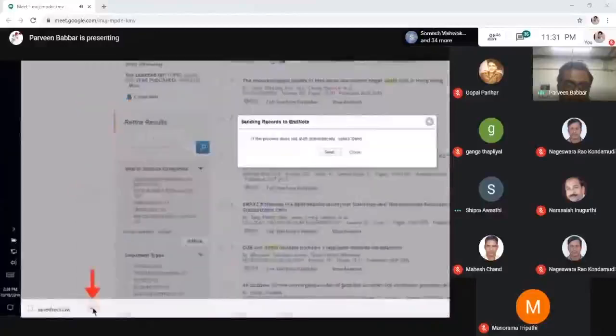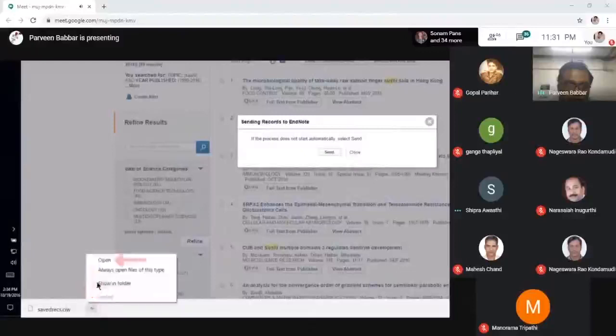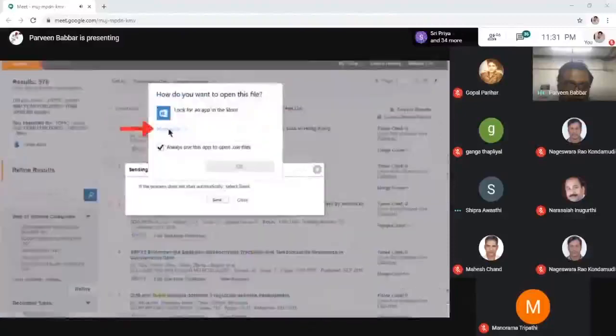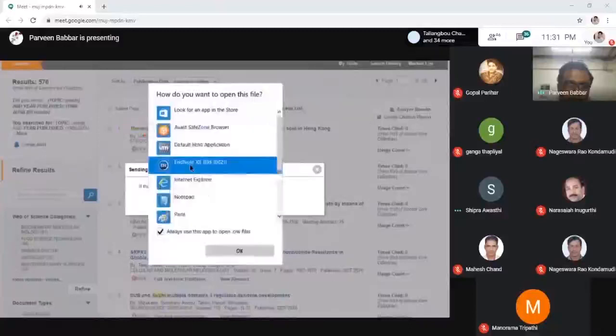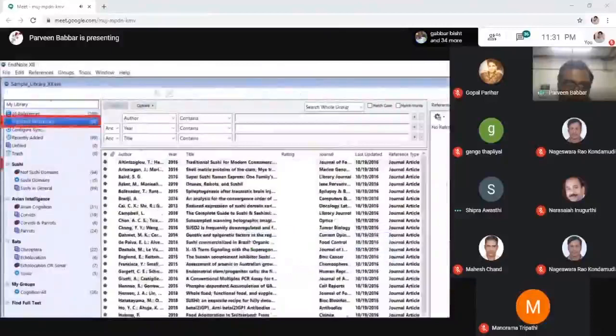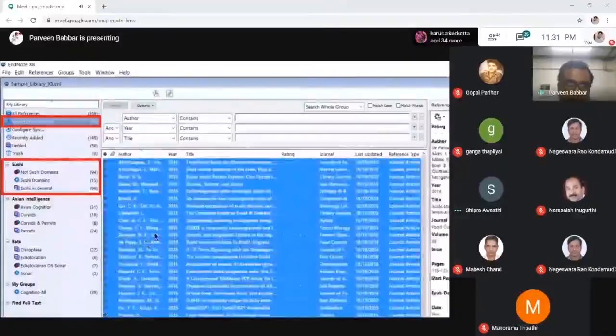The first time I export from Chrome, I click the small arrow on the button that appears in the bottom left corner. Then select Open. I select More Apps. This screen may be different in different versions of Windows. I select the Endnote program, then click the OK button. The references are imported into my library and are shown in the Imported References temporary group. Notice that some of the new references are already shown in the Sushi Domains group. When I select and drag the imported references to the Sushi in General group, the Not Sushi Domains group also updates.